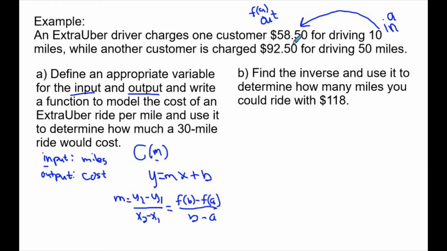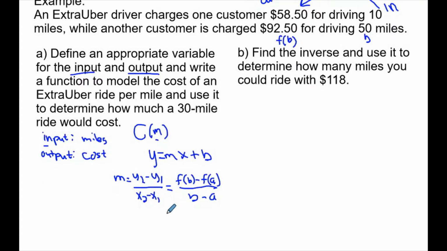And then my second value that they gave me down here is b, and it's producing f of b. So that's a pretty easy substitution at this point. What we're going to do is put in here f of b, which is $92.50, and we're going to subtract $58.50, and then we're going to divide that by b, which was 50 miles,